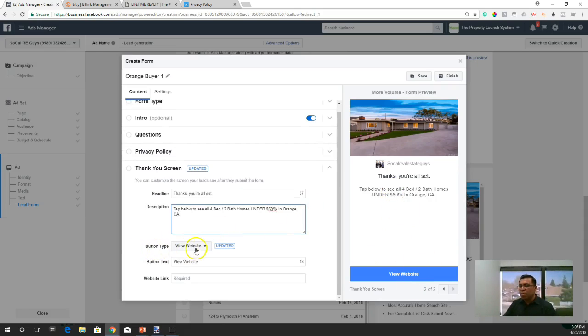But you have to enter right here where it says view website. You can change this if you want. So if you don't have a website that you're going to be sharing with people so that they can see all the homes that are for sale, another strategy that you can use is just go to your MLS and pull a whole bunch of lists that meet that criteria. So a list of homes that are in the city of Orange and that are under $699, and just download